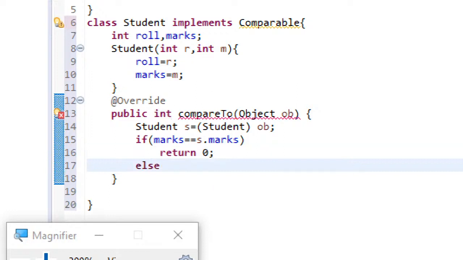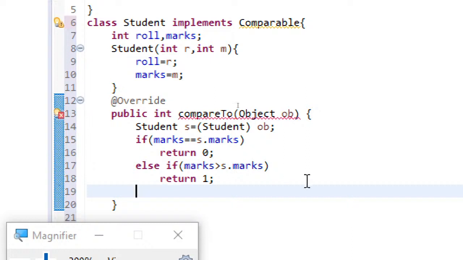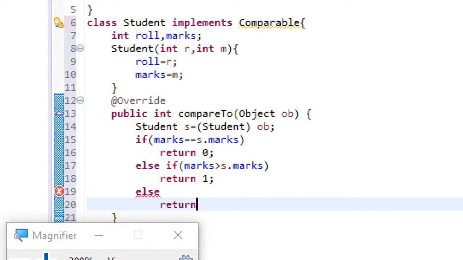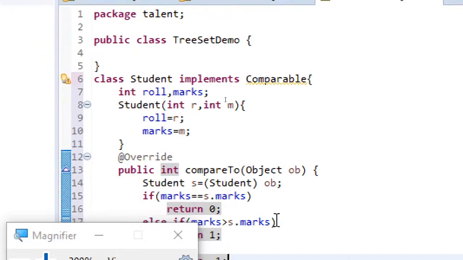Else, if this marks is greater than the student marks, then I am going to return 1. Else, I will return -1. So this is the condition I am imposing on my Student class compareTo method. So that's it. We are done with this Student class.